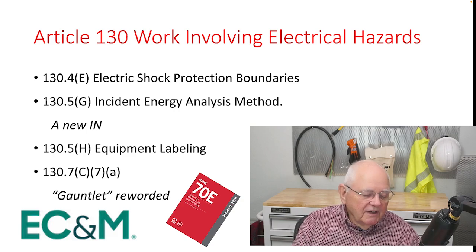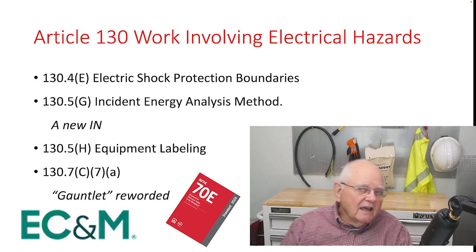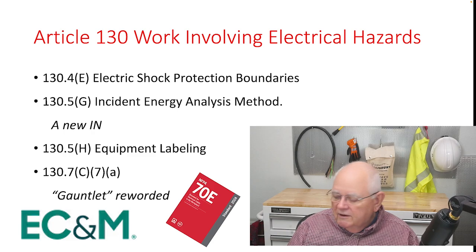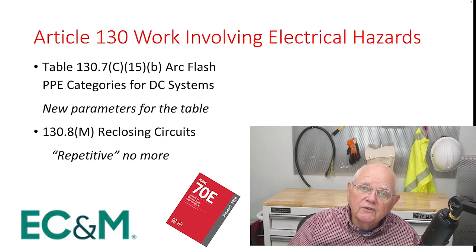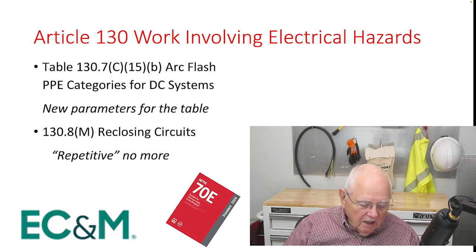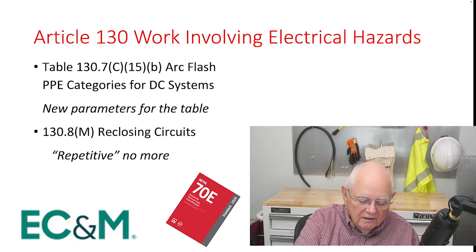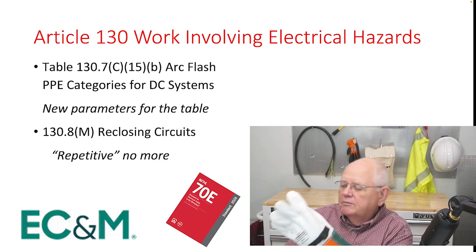130.7 C7A, there's been a change in terminology. If you take a look at that, it's on page 31. So page 31, there's a table, and it talks about the maximum use voltage for rubber gloves. In the very last column, it says the distances between protector cuff and rubber insulating glove cuff, and it gives a minimum distance in. So for instance, I have on some class 2 gloves, and I put on my leather